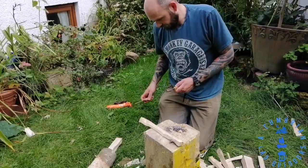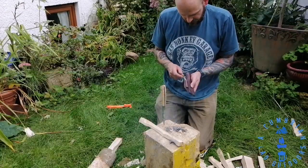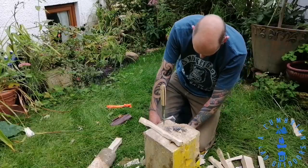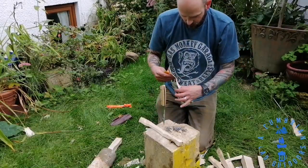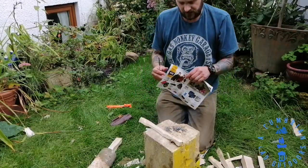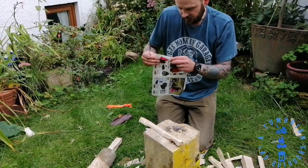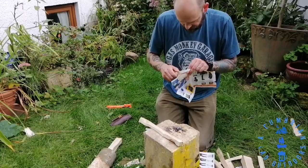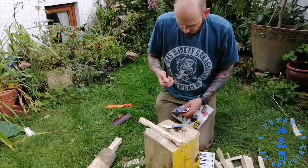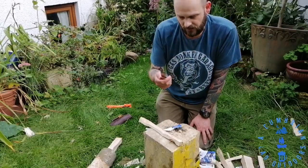So really happy with that so far. Pop that away, and let's just see how sharp she is. Let's get a bit of paper after doing those tests, see how it's affected the blade. Obviously it's the first time I've really used it, so it shouldn't have affected it too much. Still as sharp as you like. Sharp as you like. So yeah, that's a quick look at my new bushcraft knife, the Enzo Trapper 115 in Elmax,